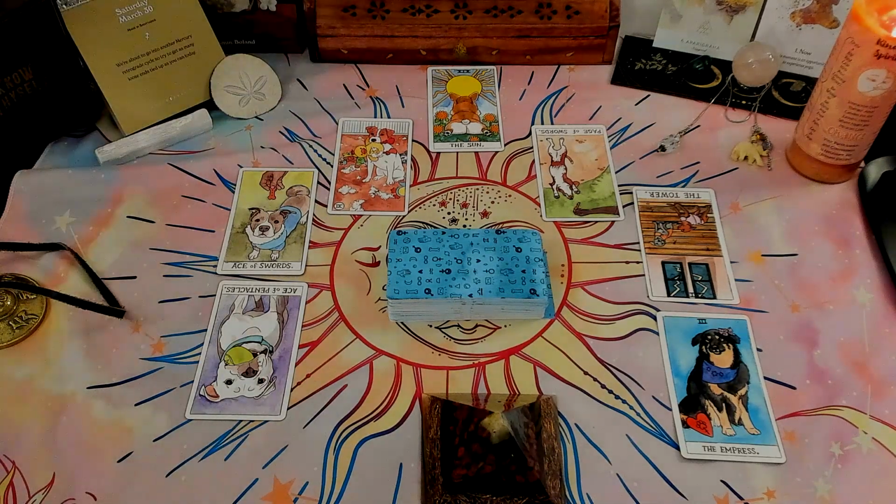I still don't really feel like I like that card for the Knight of Pentacles, but whatever. It doesn't mean that I don't like the deck. I'm just going to have to take some time to spend with this deck, and then I'll be a little bit more comfortable. This is a deck that I will keep because I do like it, and I wanted a dog deck. I actually have another dog deck, and it'll be interesting to maybe do a comparison later on once I open that one up. But for now, I just feel like I need to familiarize myself with this deck, and then I do believe that I will enjoy it